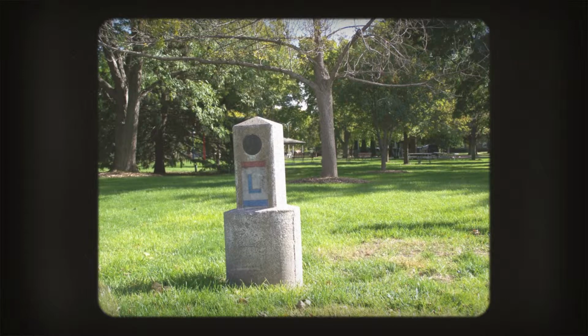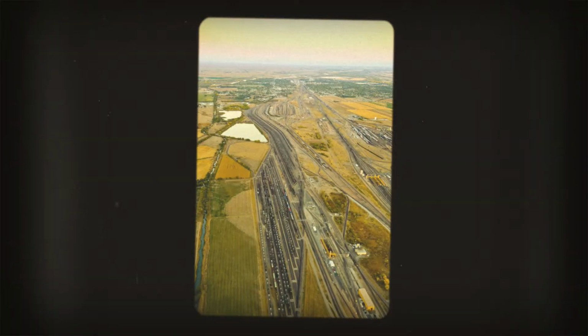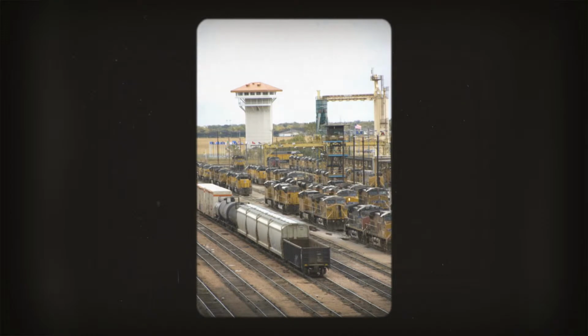It seems that just about every eastbound, westbound, northbound, or southbound freight train in America wends its way through the Bailey Switching Yard in North Platte, Nebraska. And in testimony of that, the Guinness Book of World Records certifies the Bailey Yard as the world's largest switching yard, with an incredible 315 miles of track and more than 150 trains coming through daily, hauling more than 14,000